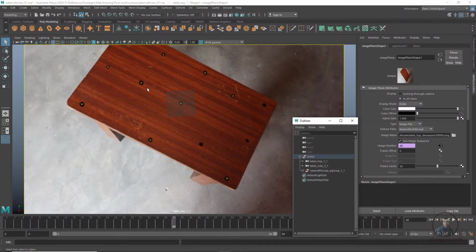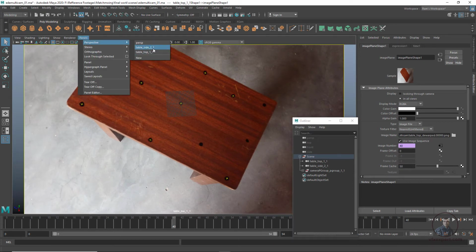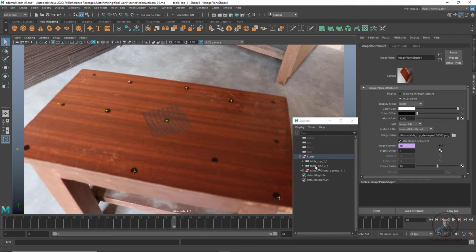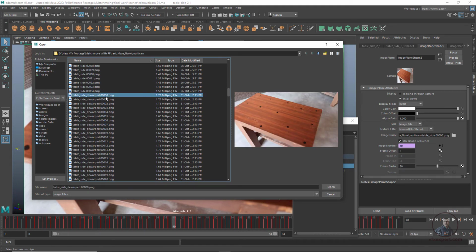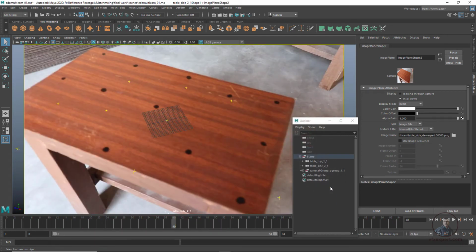Now again check our second camera. Switch to our second camera. I am going to select our second camera, this one. Then same options, just change to the second one here. You can see the table side dewarped. Then click on Open, then click on Use Image Sequence.